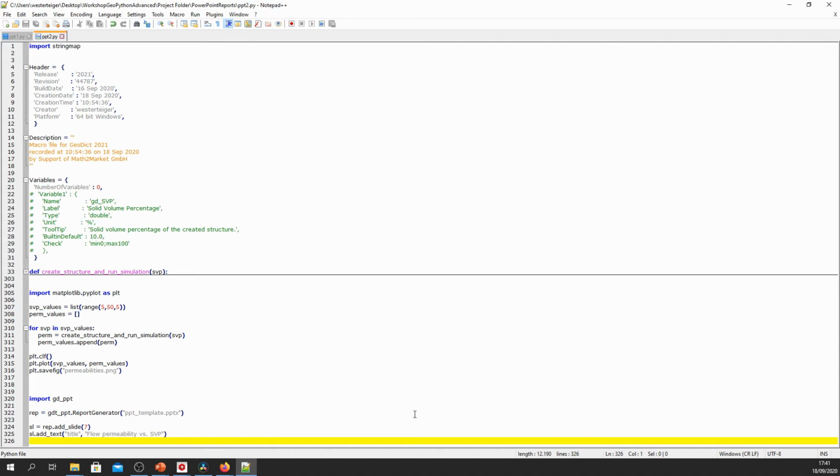So next we add our picture, SL add underscore picture, placeholder is called picture, and the file that we want there is permeabilities.png.